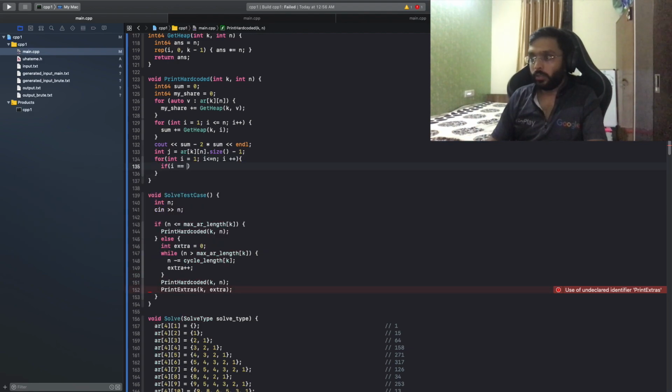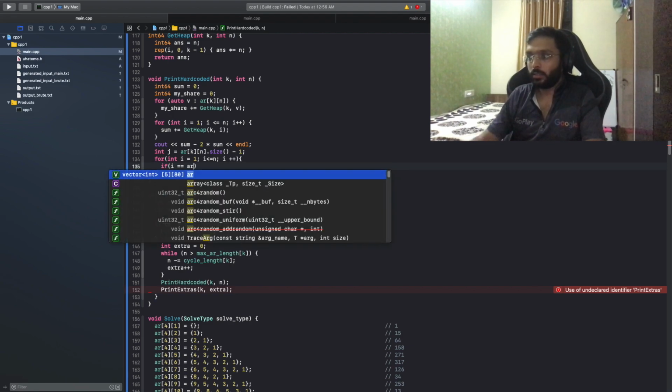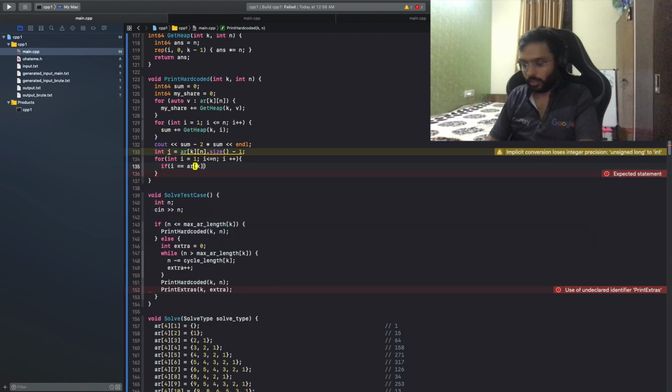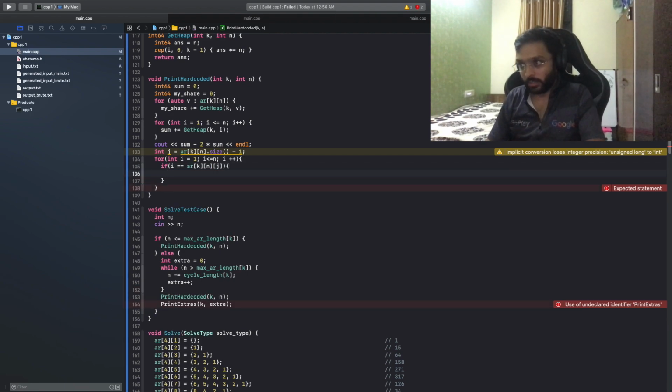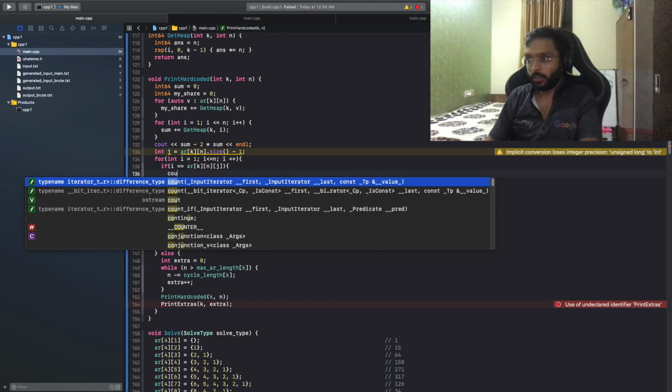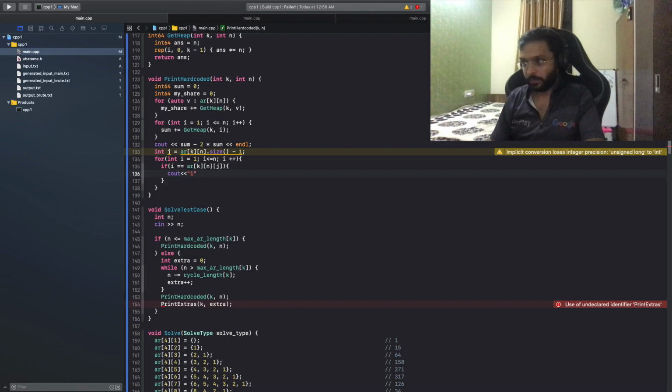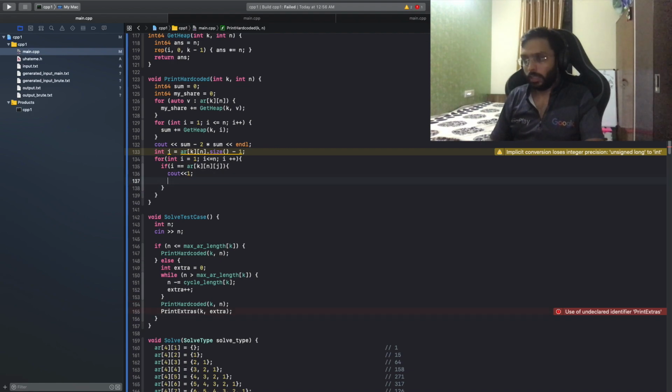If i equals the array element at j, that means this is my share, cout 1. I need to do j minus minus, if j is greater than or equal to 0.